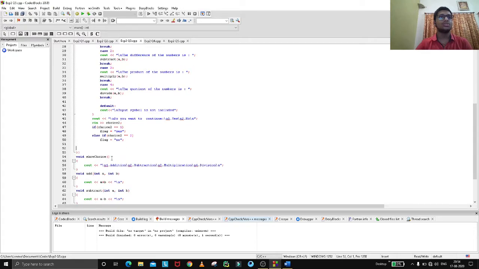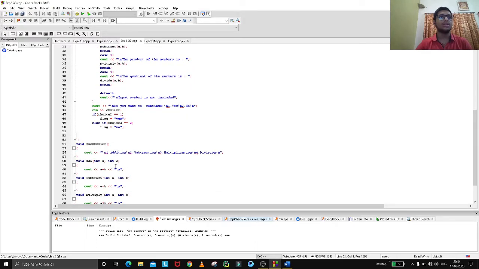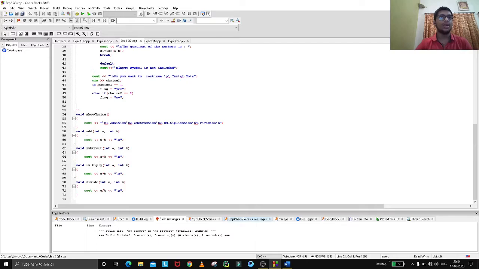So show choice, addition, subtraction, multiplication are the code, and I have provided the main functions so that I can perform arithmetic operations. First add: void add int a, b, a plus b. For subtract, cout a minus b. For multiply, a into b, and for divide, a by b. So if we run this code,